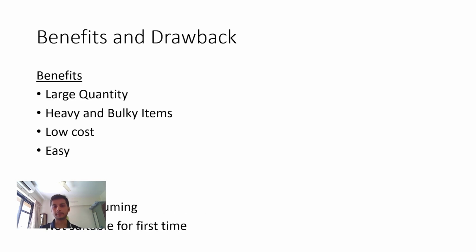So, benefits and drawbacks of shipping. One benefit is large quantity at very low cost. Bulky items, large items, we export. A front mudguard or front windshield is not going to cost you so much. Like I said, the cost is fixed. It's extremely low cost when it comes to weight, and it's practically very easy. All that I need to do is take my shipment and give it to the port, which is very close to my office.